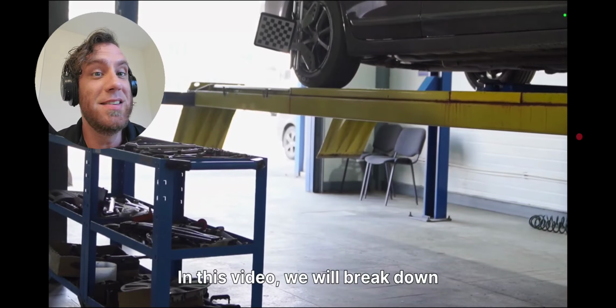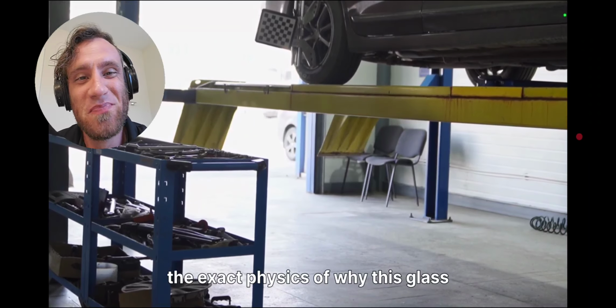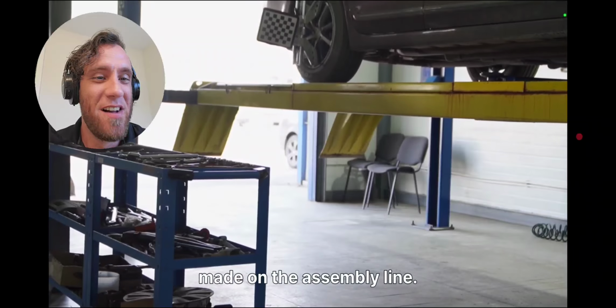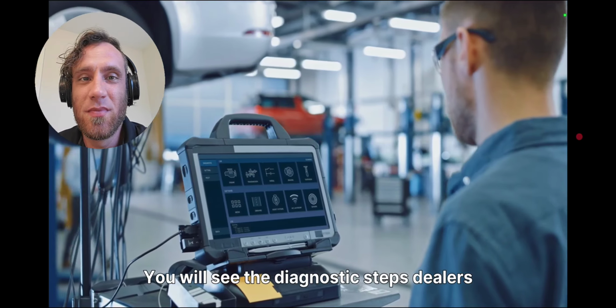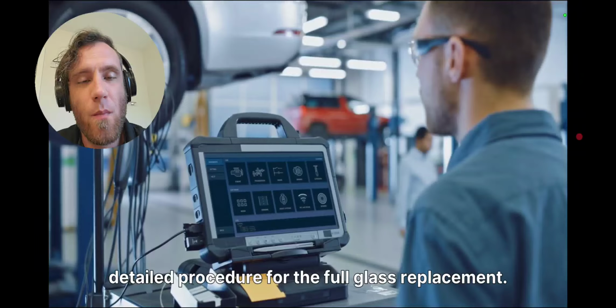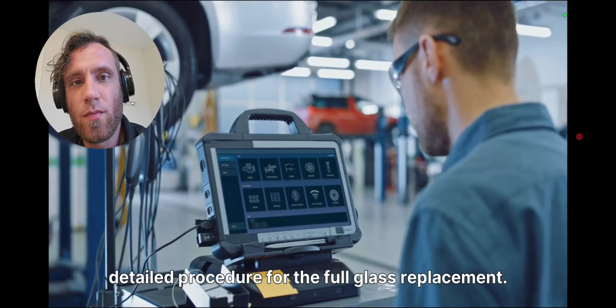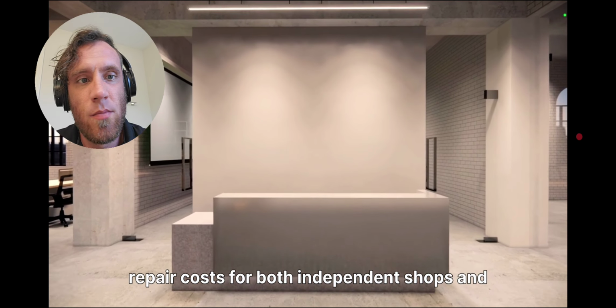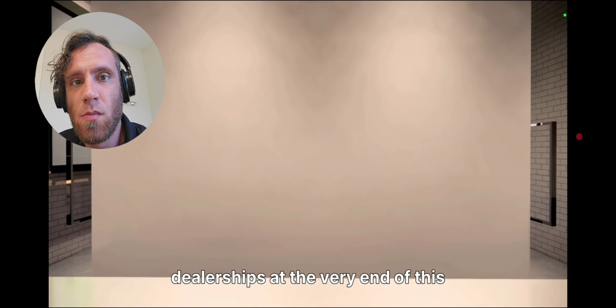In this video, we will break down the exact physics of why this glass fails and the specific manufacturing error Honda made on the assembly line. You will see the diagnostic steps dealers use to identify at-risk vehicles and the detailed procedure for the full glass replacement. We will also reveal the total out-of-pocket repair costs for both independent shops and dealerships at the very end